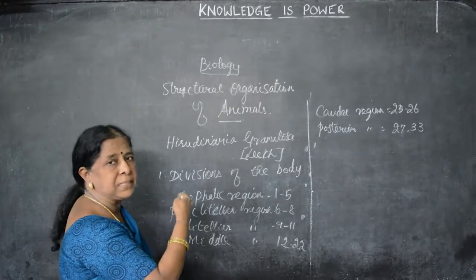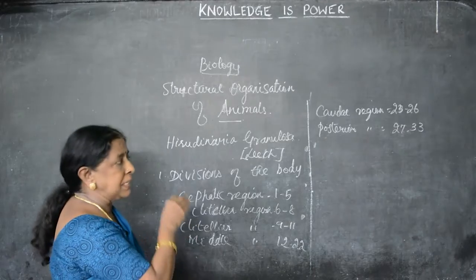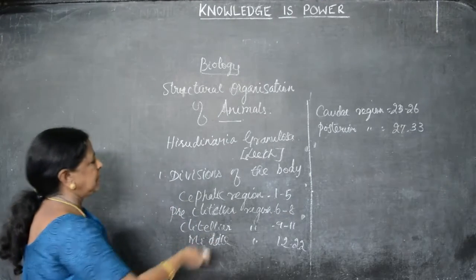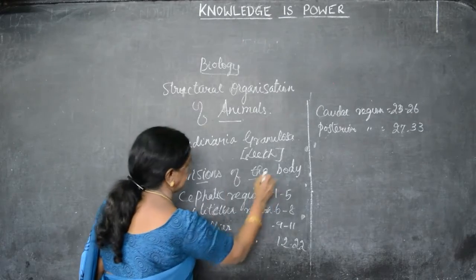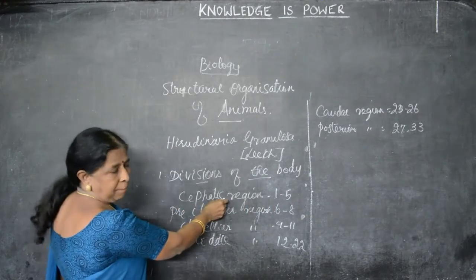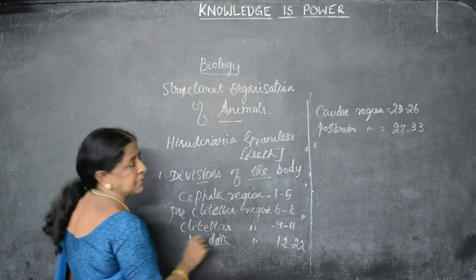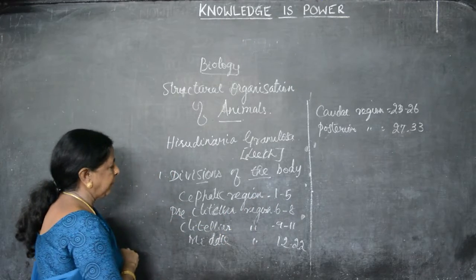Now we have to see what the divisions of the body are. Totally it has 33 segments. The body is made up of 33 segments. Further we can divide the body as follows. Cephalic region, that is the head region, belongs to segments 1 to 5. Already I said there are 5 pairs of eyes. Next to that,